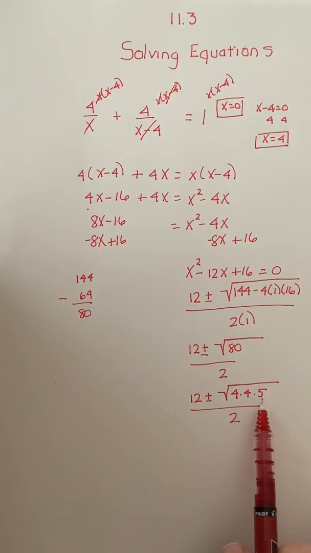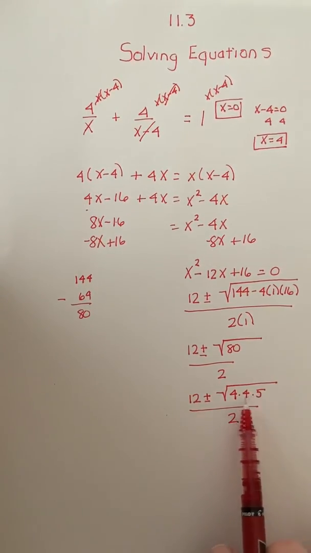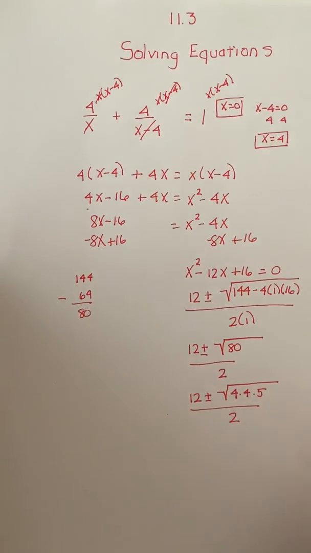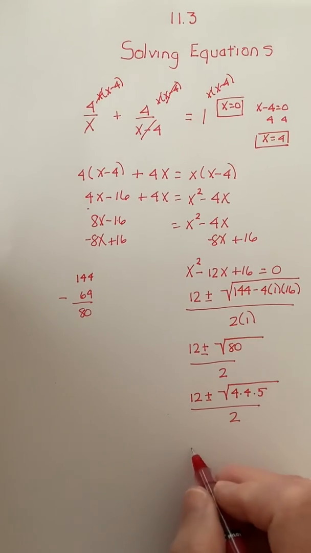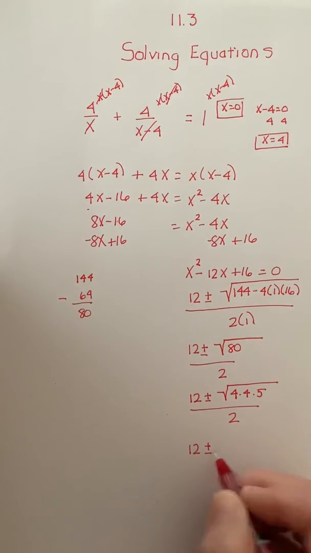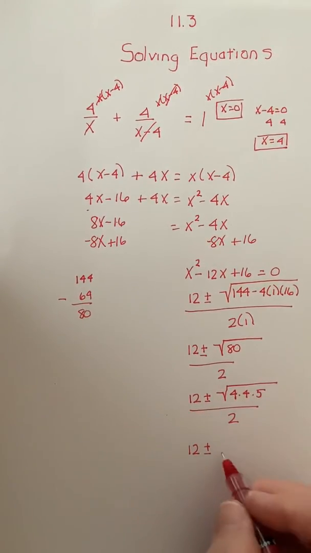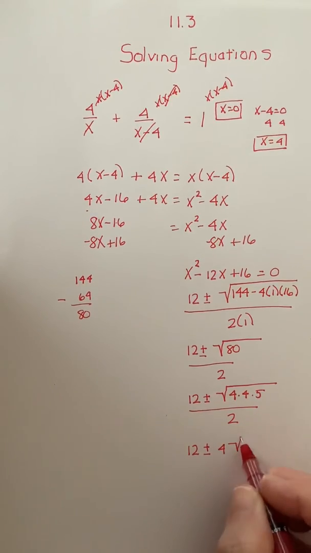Okay, so 4 times 5 is 20, times 4 is 80. So I just broke 80 down. You could do it any way that you want to. So I have 12 plus or minus, I have 2 4s, so bring out a 4 times the square root of 5,